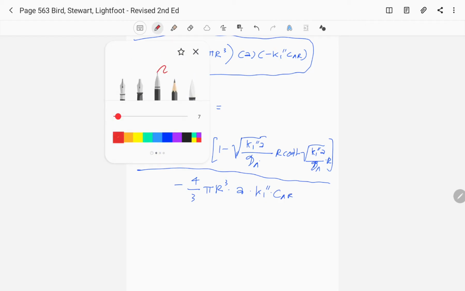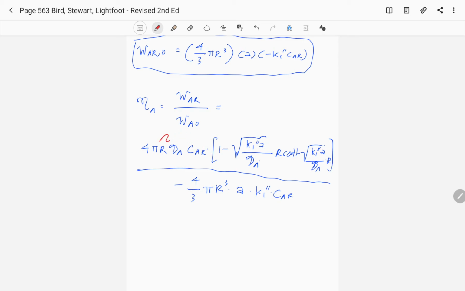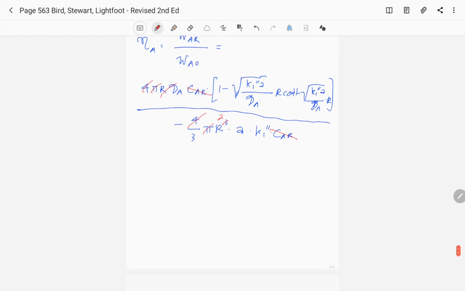And some of the terms in here can be cancelled with each other, like this 4 and this pi, and then R in here can become 2. Okay, this CAR. Okay, and this will be equal to 3 divided by K1 A R square